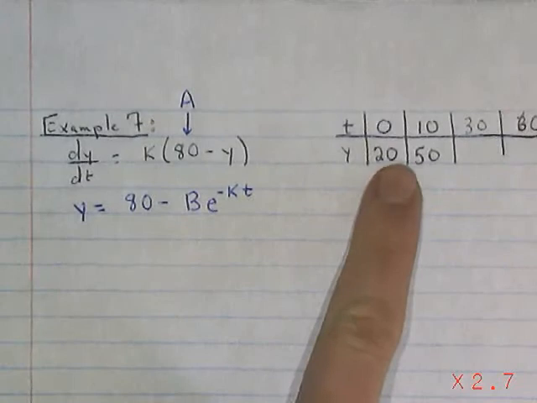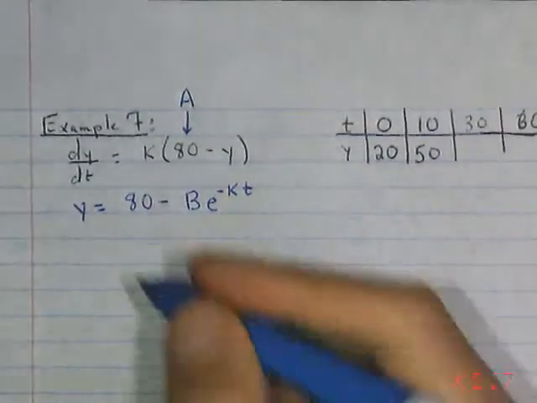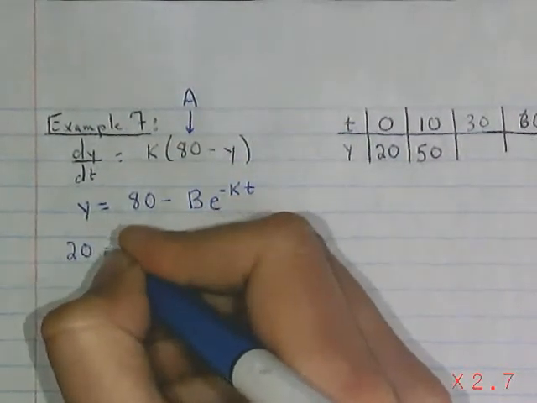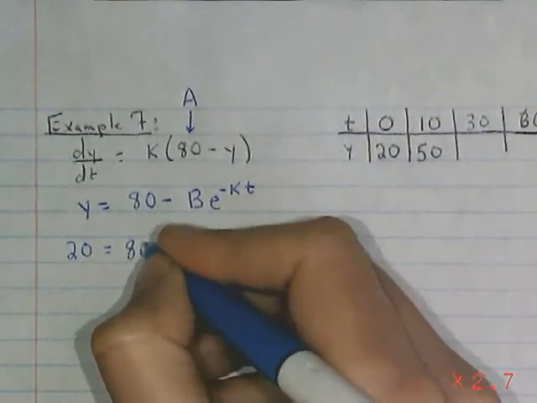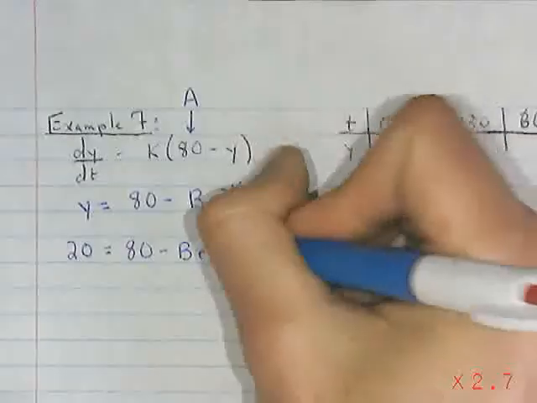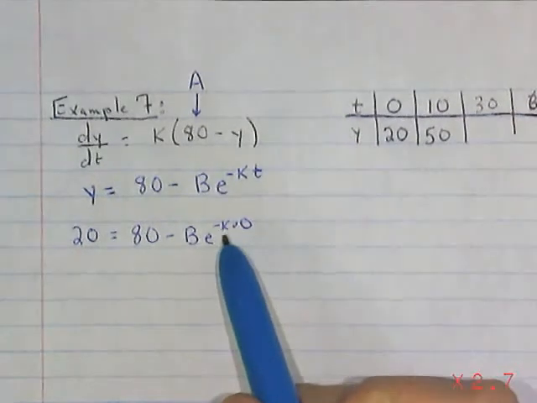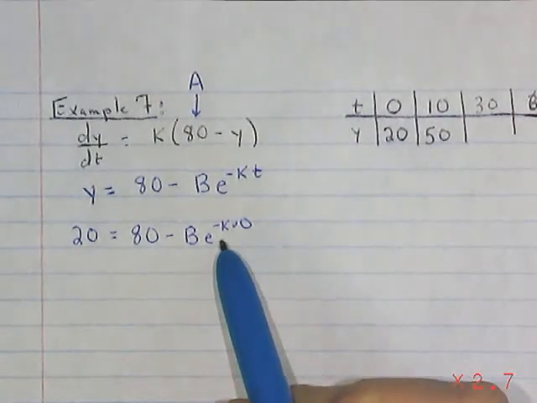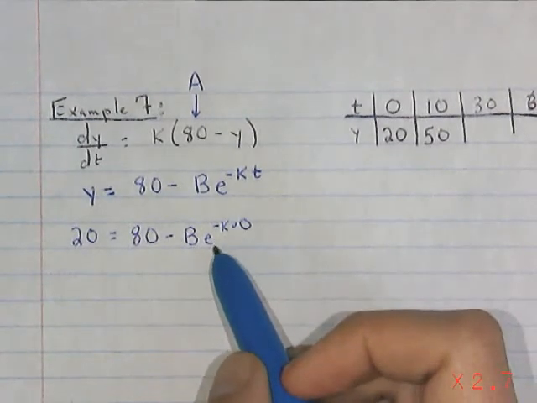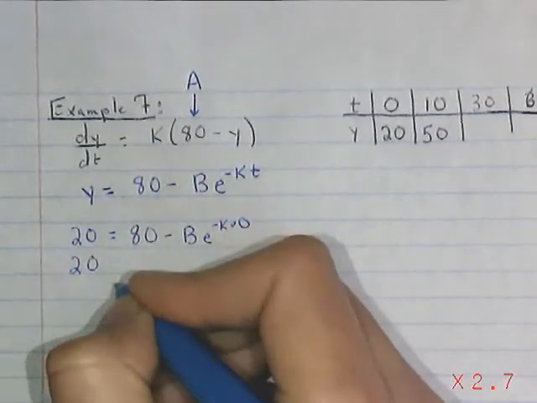So let's start with the very initial one and solve for B. We know that when y is equal to 20, that means that t is 0. So negative k, whatever it is, times 0 is 0. And so e to the 0 is just 1. And so 20